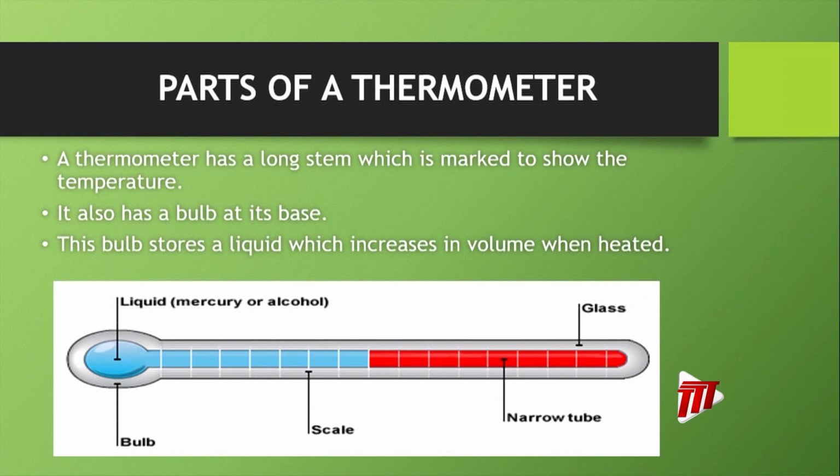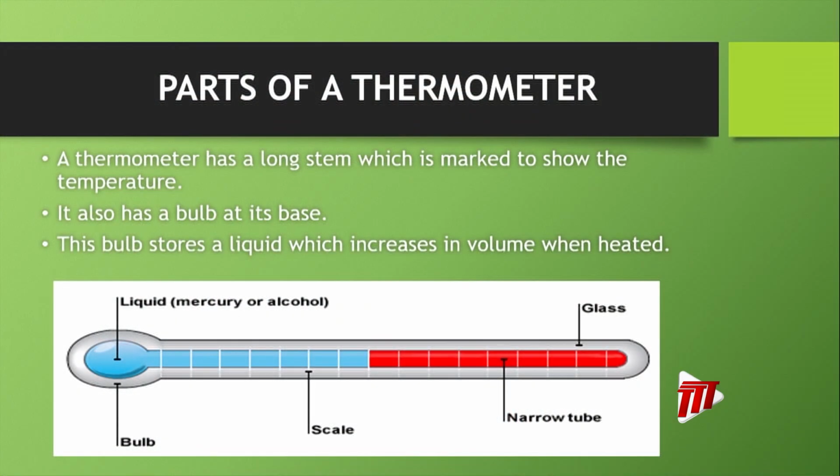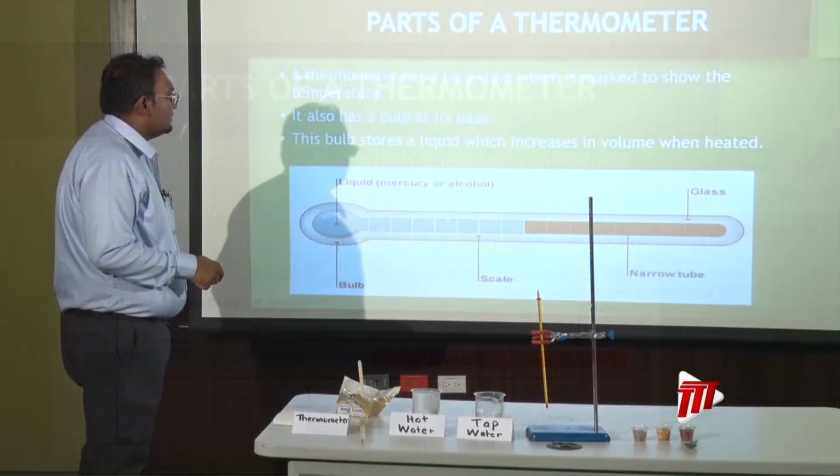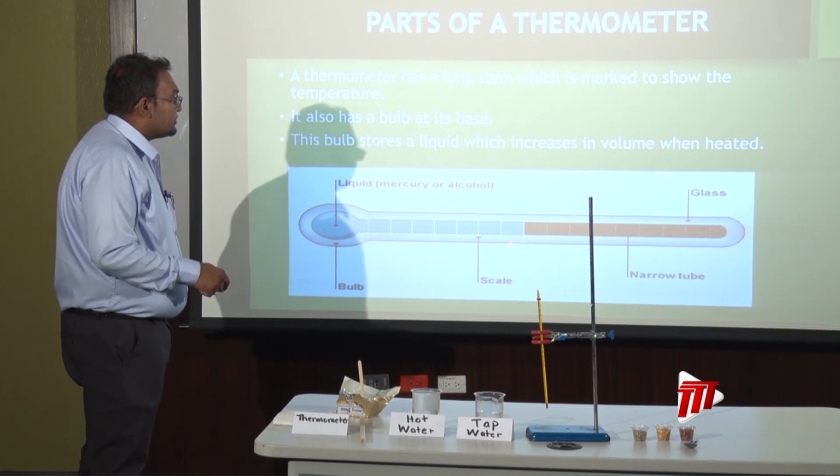One where the liquid filled is mercury, or one which is filled with alcohol. Typically, to tell the difference, in the mercury thermometers the liquid would be grayish to silver, and the alcohol would be colored, usually red. So it is stored in this bulb, and if we look here, we notice the scale, which is the